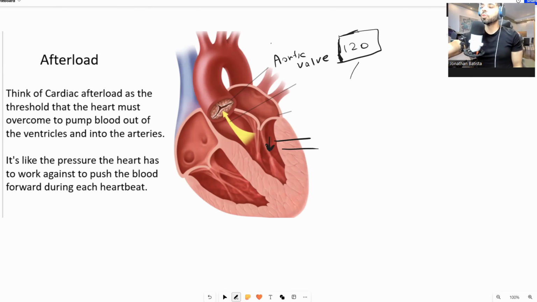So the aortic valve rule here is that it'll only open if you can produce more than 120 on the left ventricle when it comes to pressure. So if you're producing more pressure in the left ventricle, then you'll be able to open up this valve. That's afterload. Afterload is just the idea of that threshold. We can play around with this threshold. We can increase it. That way, the left ventricle must achieve higher pressure in order to have a proper systole,